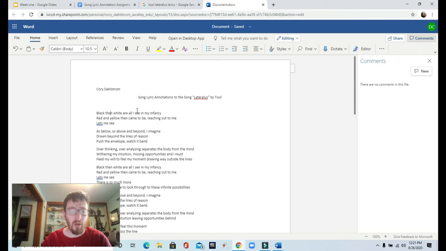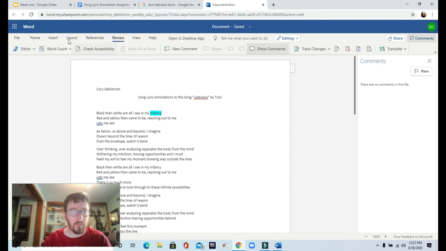Black, then white are all I see in my infancy. Well, I know what the word infancy means, but just to really make sure that I remember it, I'm going to highlight it here and use the comment feature. To do that in Word, I just go up here to Review and go to New Comment. Oh, I have the wrong thing highlighted there. Okay, so as long as I have the correct thing highlighted and I go New Comment, I can say something about this, and infancy